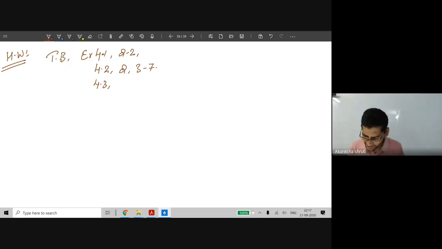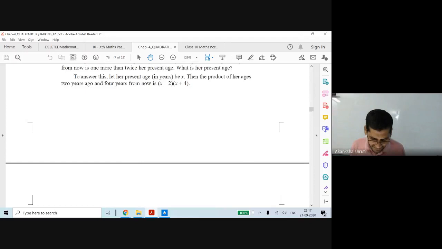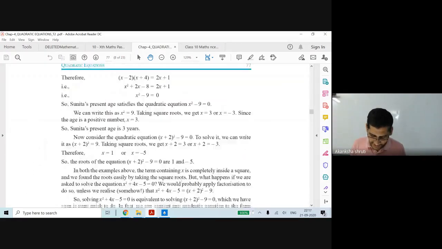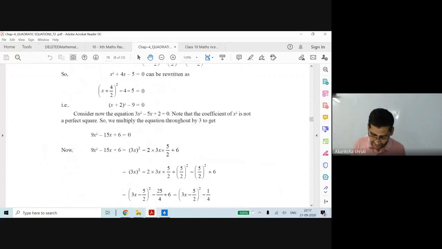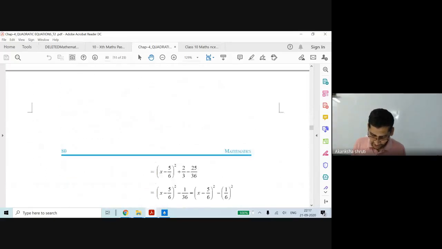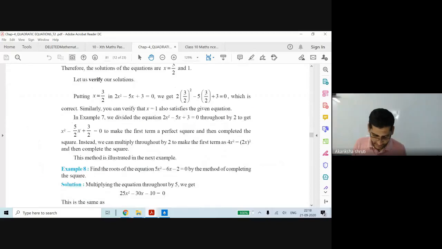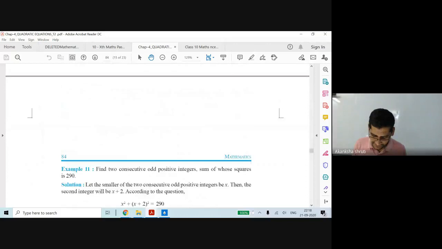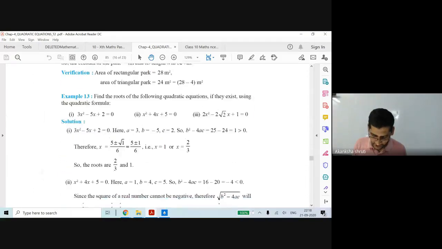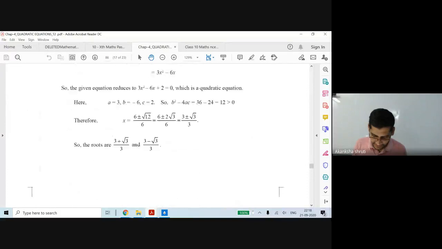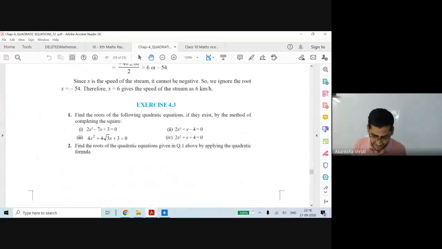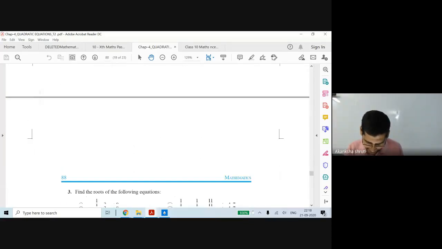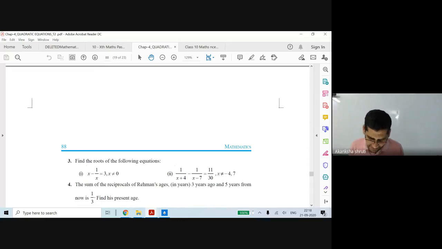Let's do this question. Let me take a few more. So the solution ultimately you have to do by either applying the quadratic formula or the factorization method. So in this case, completing the square is not required because that is dropped for this session. See here the product, completing a square. So leave the question number 1. Find the roots of the...